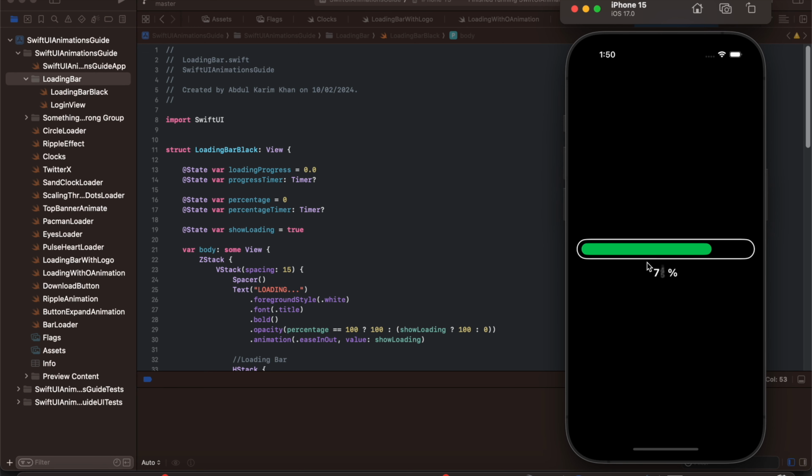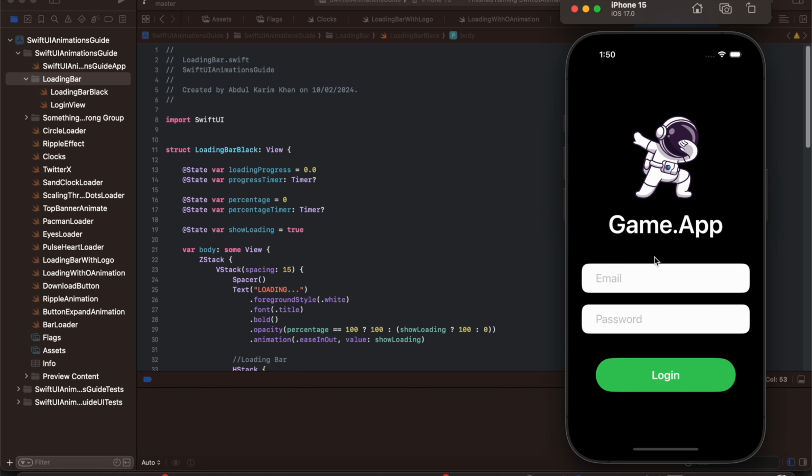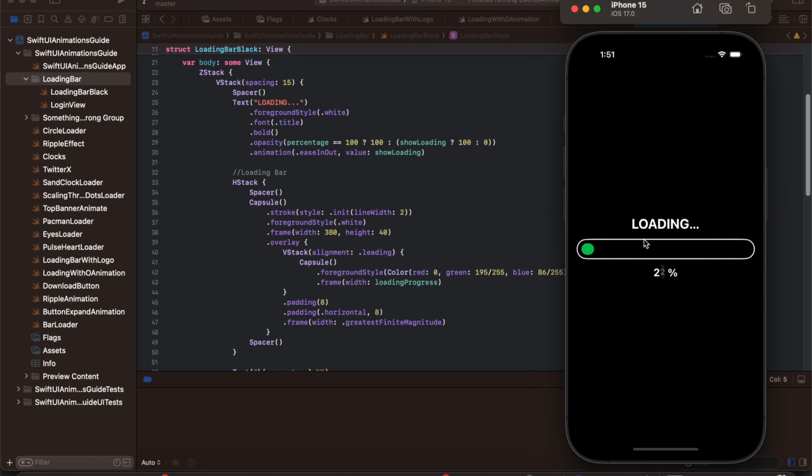In this lesson we are going to learn how you can create this loading bar animation using shape and how to utilize timer for animation. Apart from that, we will also look at how to animate our dashboard or login page. So let's get started. If you look at the loader, we have a text, then we have a capsule,